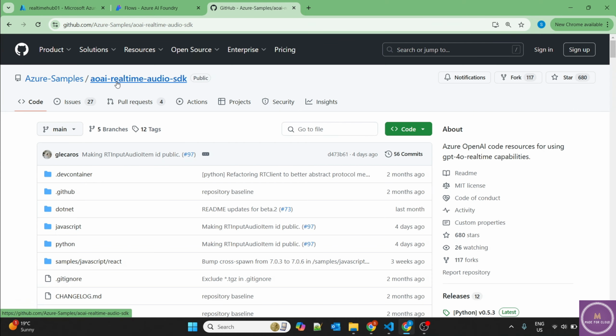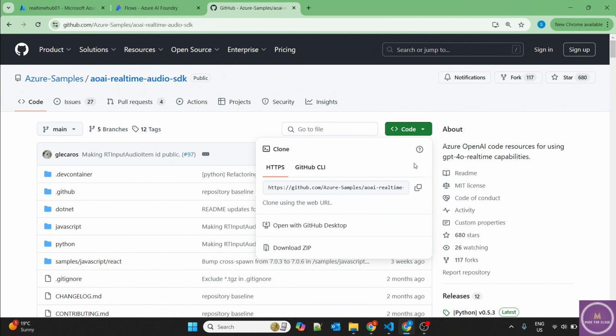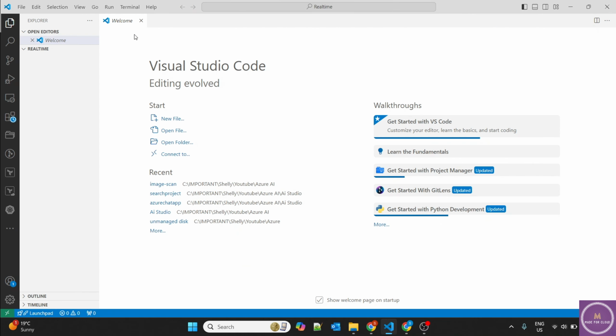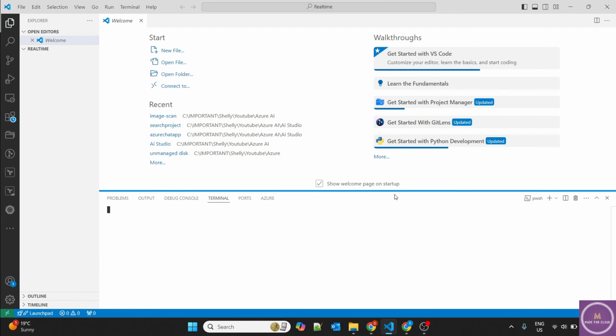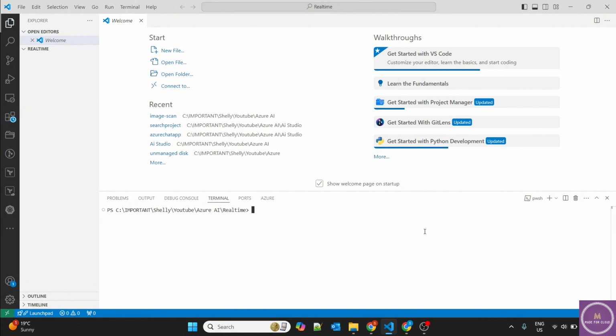So this is the Azure samples, Azure OpenAI real-time audio SDK. I'll share the link of this repository in the description of this video. So first what we'll do is we'll download this into our local desktop. Let's copy this, go to Visual Studio Code, open the terminal. I'm opening the terminal in the PowerShell, and let's git clone